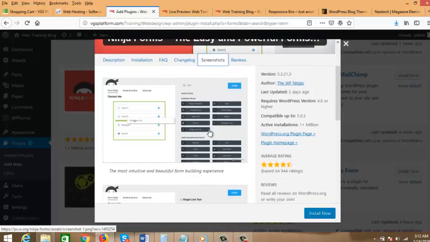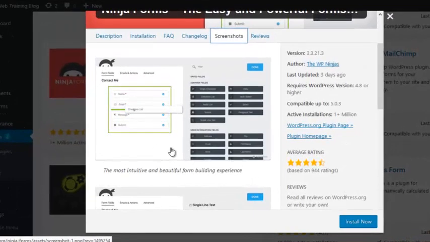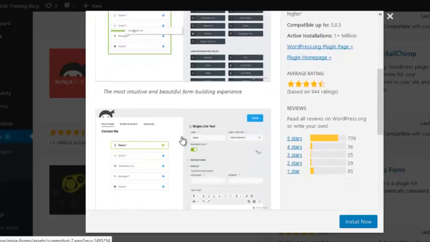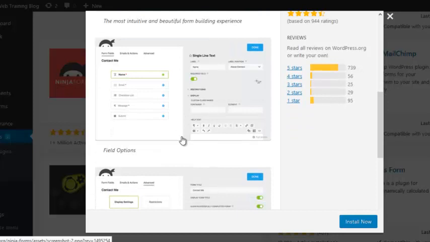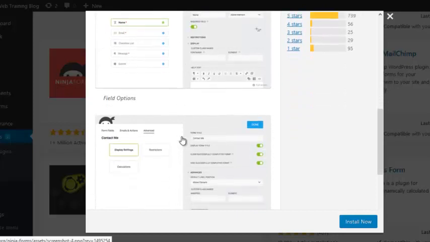Okay, so you can see the different form fields. This is a contact me form in their screenshot, so you can have name, email, message and then submit. So what this means is if I install this plugin like as it is now, I can actually create a contact form on my site with the aid of this plugin. I'll still explain to us how we use these plugins in more details, but for now just understand that